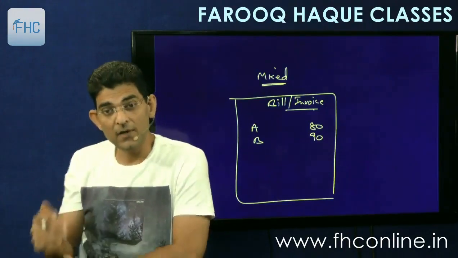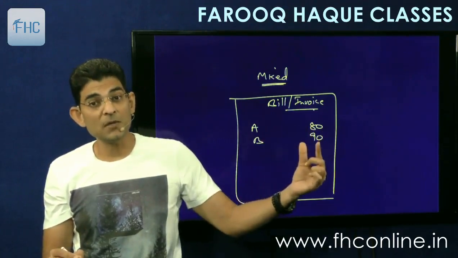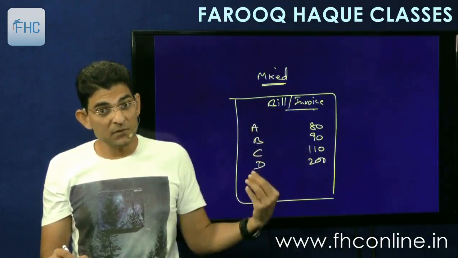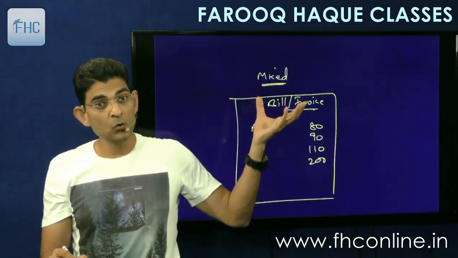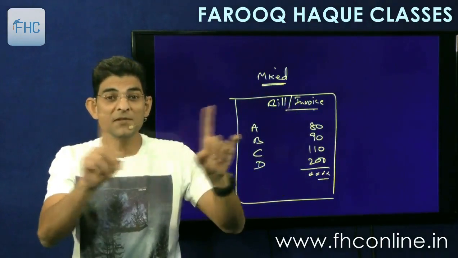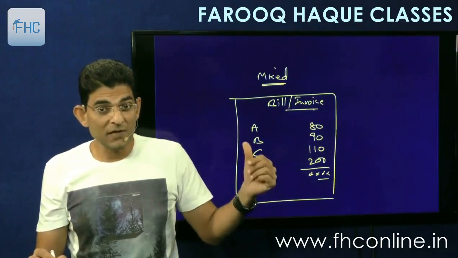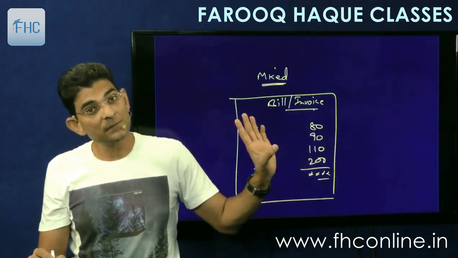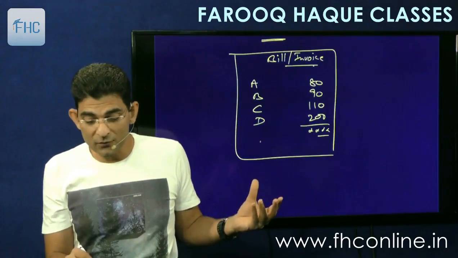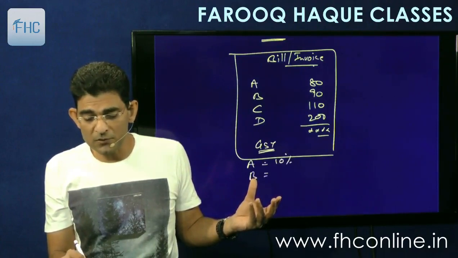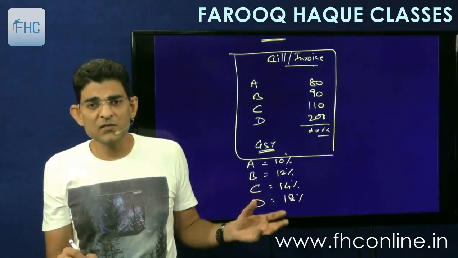So the bill may be one, but if the values of each item are mentioned separately, and C for 110 and D for 200, so if so many items are purchased and they are all included in a single invoice and the total is also there, this does not mean a mixed supply because we know the values of each item separately. So if the rates are different for each item, we can charge them separately. So at the bottom you'll have the complete set of GST. So on item A at so much %, on item B at so much %, and item C at so much %, and item D at so much %. We can charge them separately now.